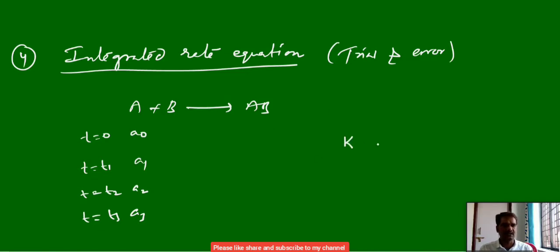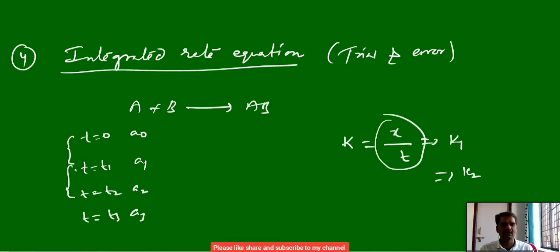Let us take the zero order reaction first. The rate constant K is equal to x by t. So you apply it at the first time interval, 0 to t1, in this equation and identify the K value. Let us assume you get K1. Again you take the second one, t0 versus t2 or t1 versus t2, any one, and you will get the K2 value. Again you identify K3, and if K1, K2, K3 and so on are all the same values, whatever the time interval you take, if you get the same rate constant using this formula, then we can say this comes under a zero order reaction.